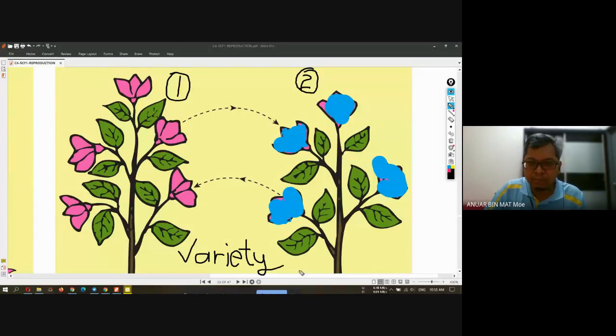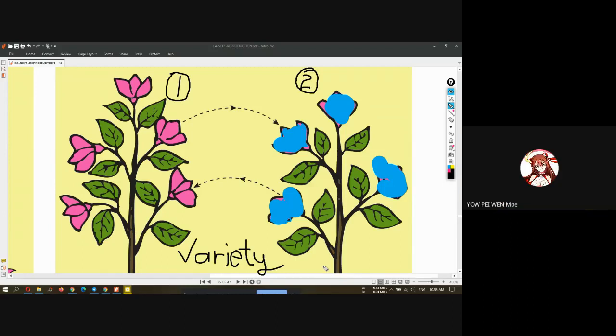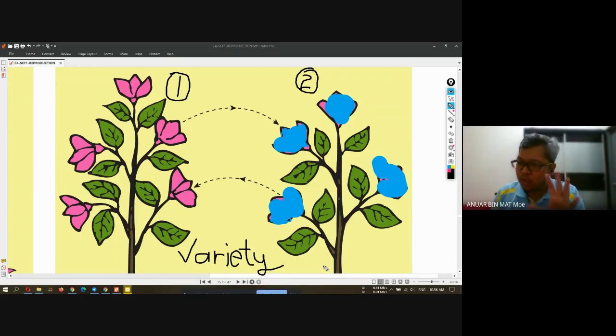This is what's special about cross-pollination. You get variety. You get different special colors, very beautiful colors if you do cross-pollination. Okay. How about self-pollination? Can we produce different colors in self-pollination? No. Self-pollination, we do not have the variety, but cross-pollination, we have the variety.